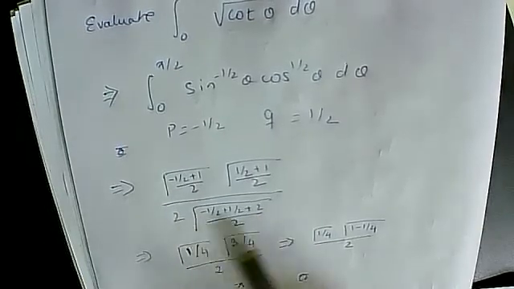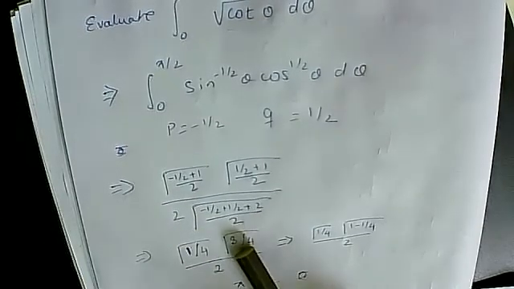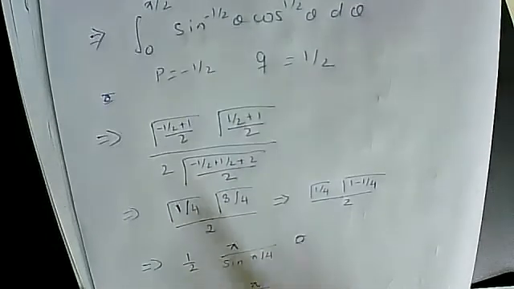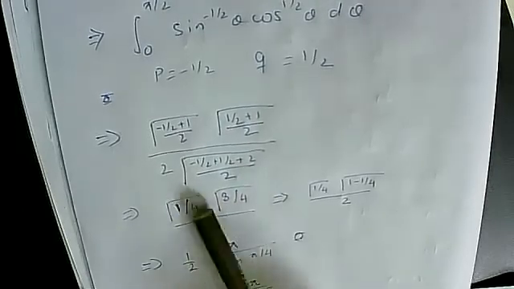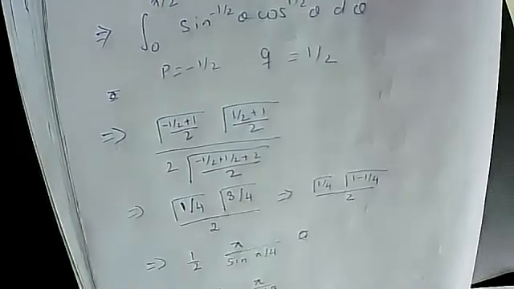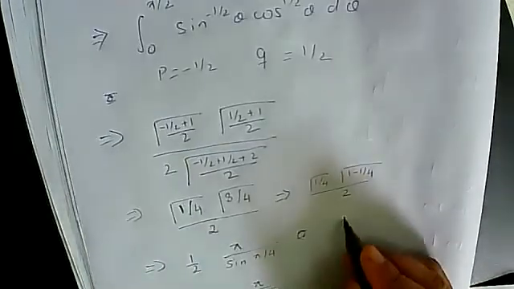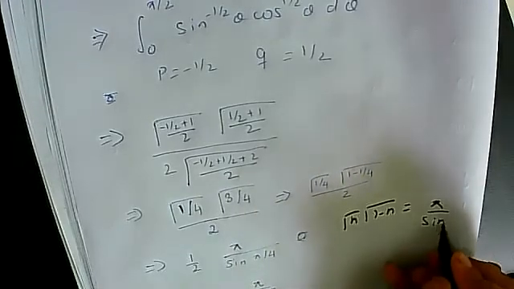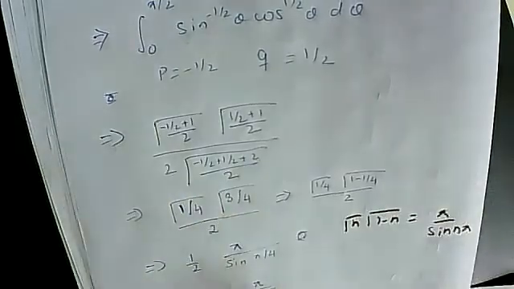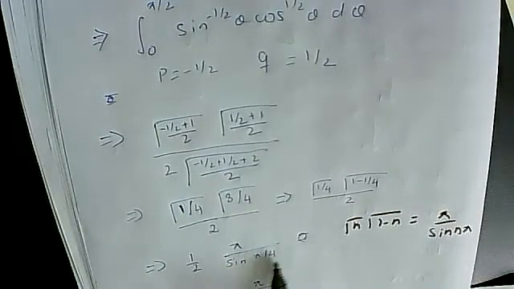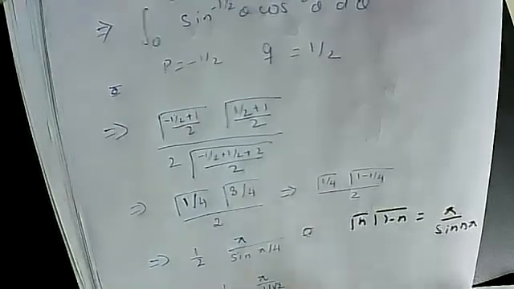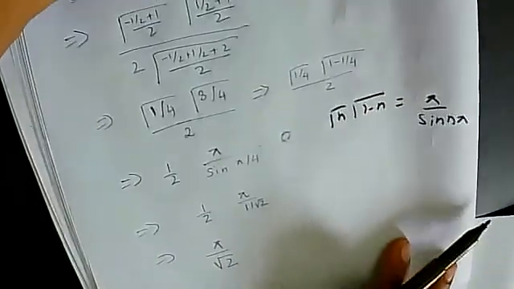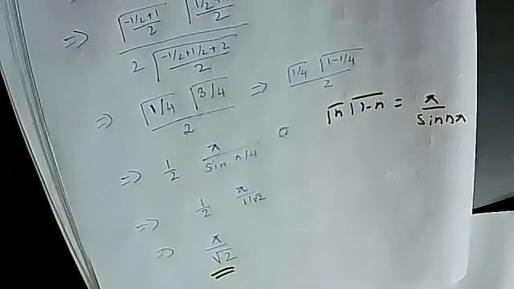Now both are less than 1. So what I will be doing, I will apply the formula gamma(n) gamma(1 minus n). See, I can write this as 1 by 4 and 3 by 4, as 1 by 4 and 1 minus 1 by 4. So I can use the formula which I told you as a property, gamma(n) gamma(1 minus n) is equal to pi upon sine n pi. So I applied this formula, I got this, and sine pi by 4 is 1 by root 2. So I got pi upon 2 into 1 by root 2. So this is my answer.